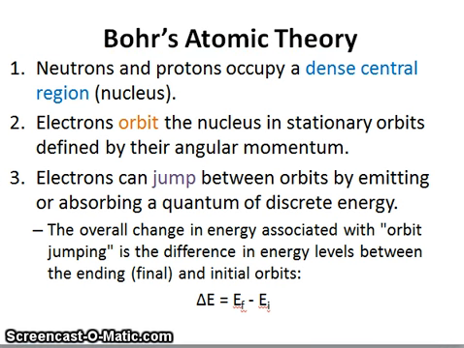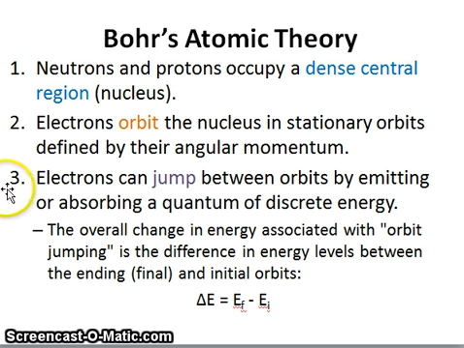Let's take a look at Bohr's atomic theory. So number one, neutrons and protons occupy a dense central region. That's the nucleus, and that's the same as Rutherford and Chadwick had proposed. Number two, electrons orbit the nucleus in stationary orbits defined by their angular momentum, and this is something Bohr proposed. Number three, electrons can jump between orbits by emitting or absorbing a quantum of discrete energy, and here we